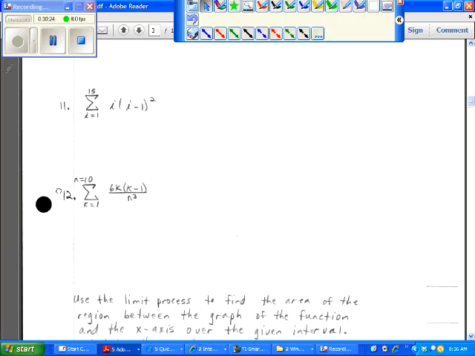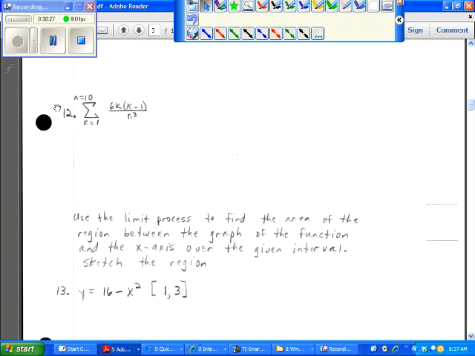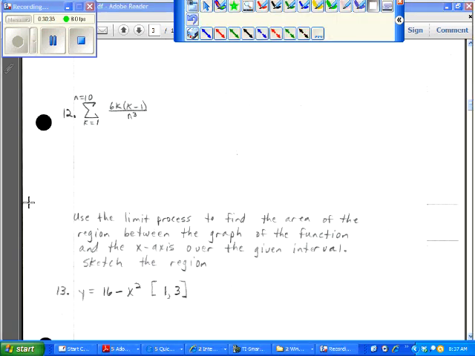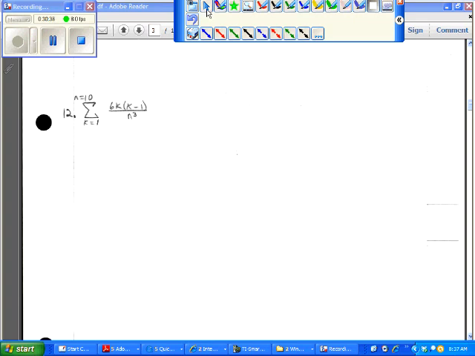Okay. Number 12. The variable does not have to be I, it could be K or any other letter, so we have a letter K in this one, but it's the same idea. What we need to do is get this written as a polynomial so we can see it as sums or differences. So we're going to need to distribute on the top. When we distribute on the top, we would have 6k squared minus 6k. And that should be a k on the bottom, or